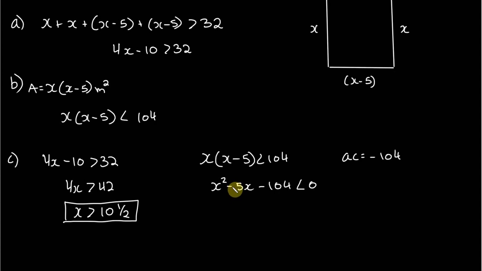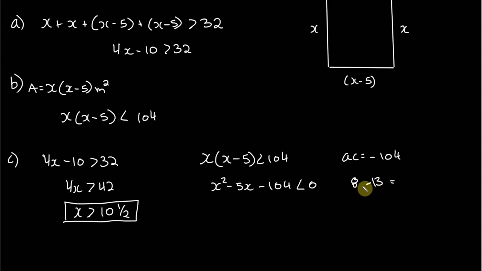What multiplies to negative 104 and adds to negative 5? 10 and 10 is 100, of course. 9 and 11, 8 and 12, 8 and 13. Okay, so yeah, 8 and 13. If it's negative 13, well, 8 times 13 is 104,